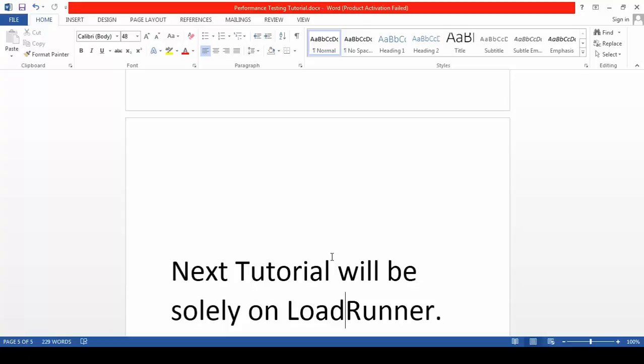I will also work on various other protocols like Flex and Ajax TruClient, and go into details of those. Then I will go into the performance execution part using LoadRunner, then analysis. I will also go through most of the monitoring tools.